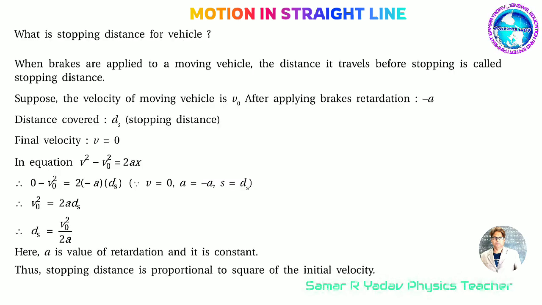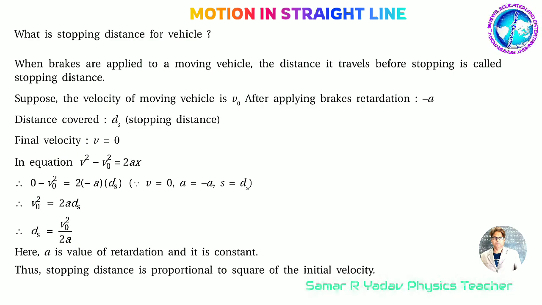When the brakes are applied to a moving vehicle, the distance it travels before stopping is called the stopping distance. Suppose the velocity of the moving vehicle after applying brakes is v0. Retardation is equal to minus a. Distance covered is equal to ds, the stopping distance. Final velocity v is equal to 0. In the equation v squared minus v0 squared is equal to 2ax,